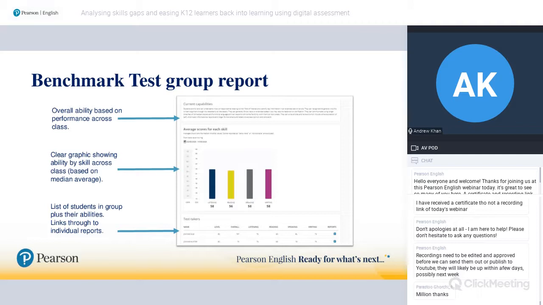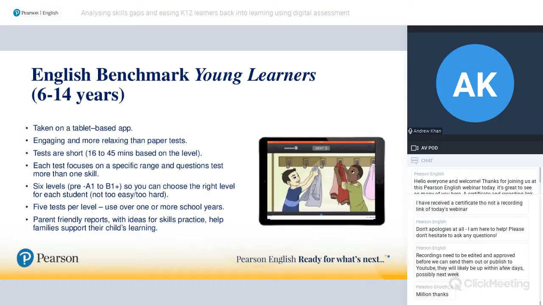So this is fantastic, hopefully, for learners who are aged 14 and up. But there are a number of people on the call who are teaching primary as well. We have a product for you, and that is the English Benchmark Young Learners Test. It's aimed at learners between the ages of 6 and 14. Again, it's all on the GSE, and it's all linked to the CEFR as well. And we've tried to make it a fun and engaging test. Parents, particularly of younger learners, don't always like the idea of having too many tests. So we thought, why not create a test that doesn't feel like a test?